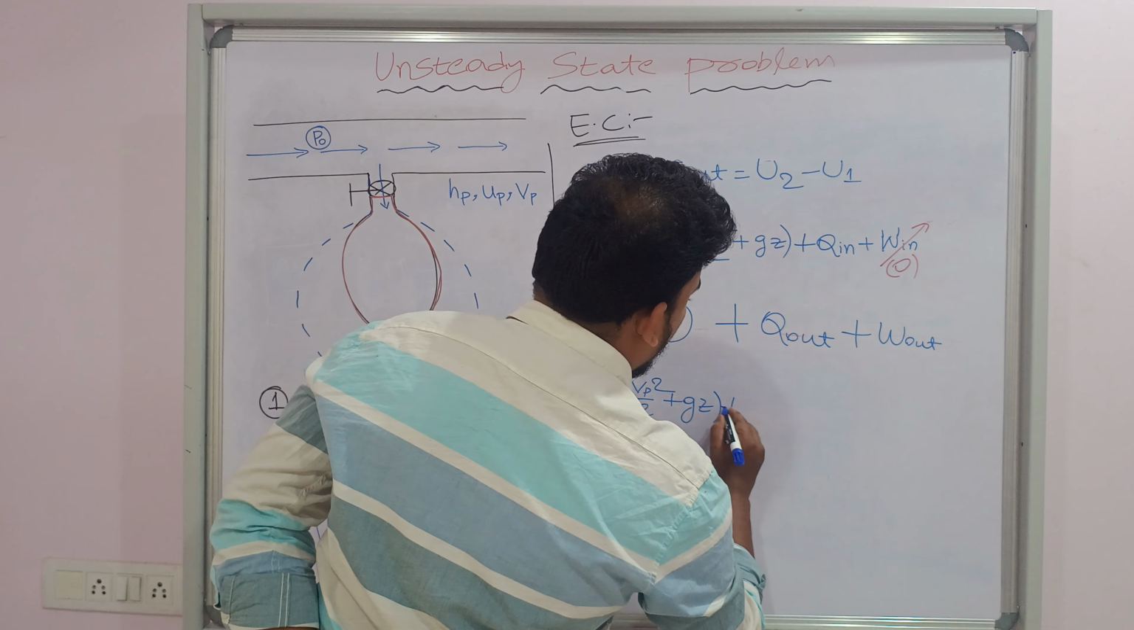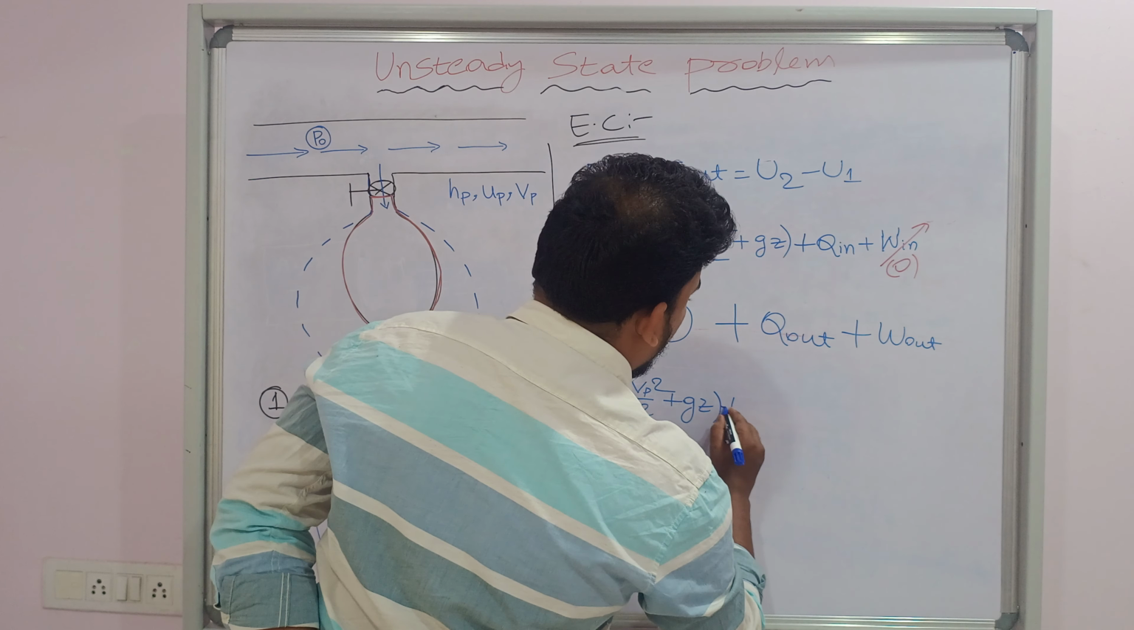Hp you already know: air is an ideal gas, so Hp equals Cp into Tp. Tp you already know, meaning the examiner will specify the temperature of the air in the pipe, okay? And Q in, if it is Q in, or Q out if it is Q out. If there is a temperature gradient, meaning the temperature of the balloon is less than the ambient, there is Q in to the system,